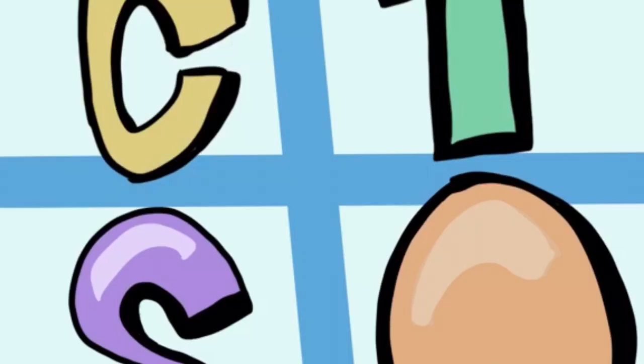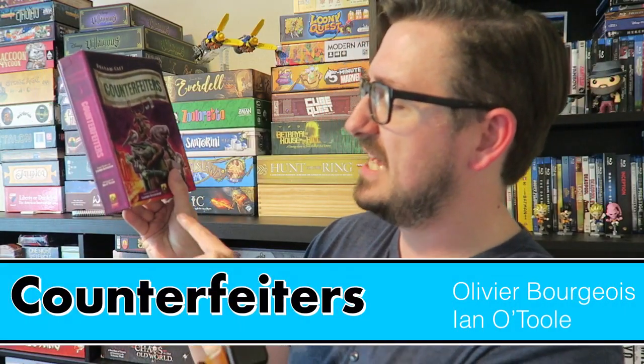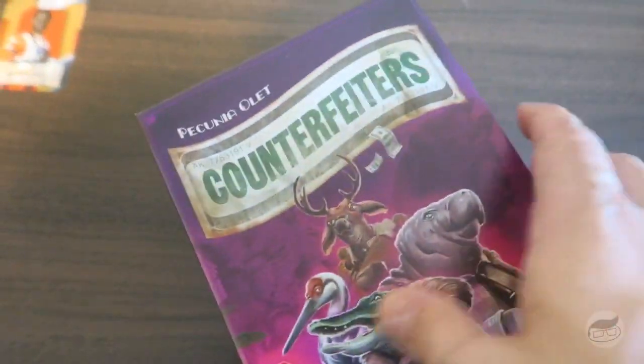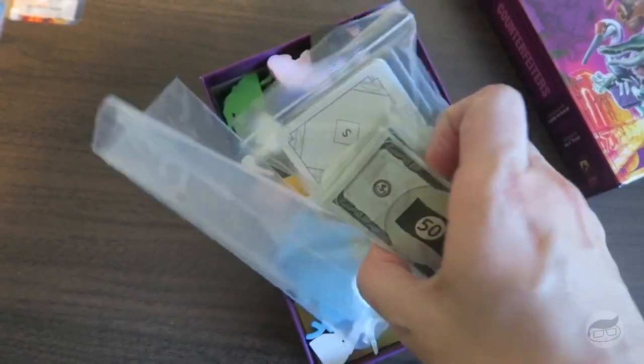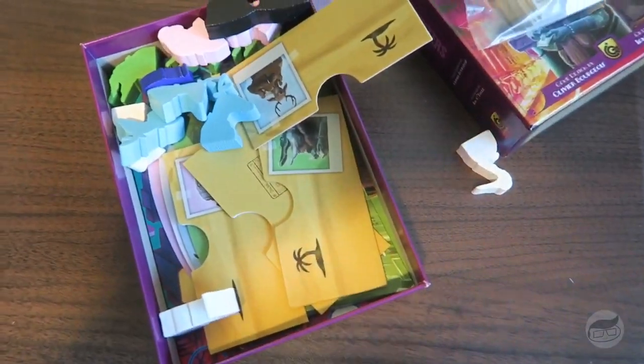I say finally, even though I got it to the table sooner than I got most of this stuff to the table. It's a game that combines worker placement and engine building, kind of. Get your $3 bills ready, y'all, because this is Counterfeiters by Pecunia Olet, game designed by Oliver Bourgeois and Ian O'Toole, a game in which you and a handful of players try to launder money and turn little fake money into real